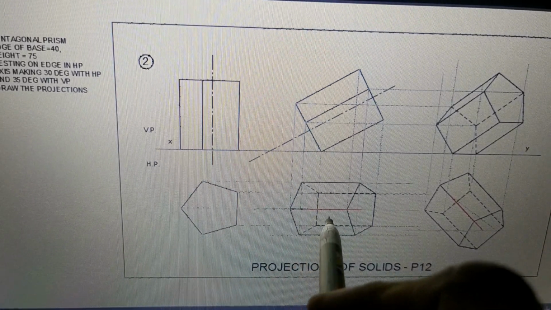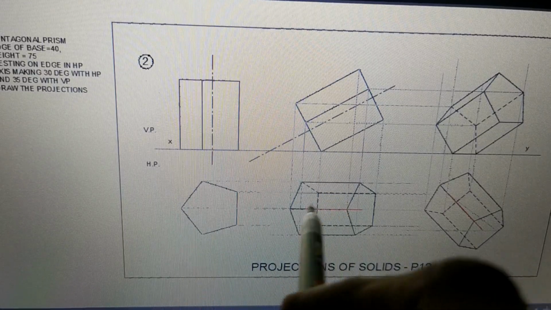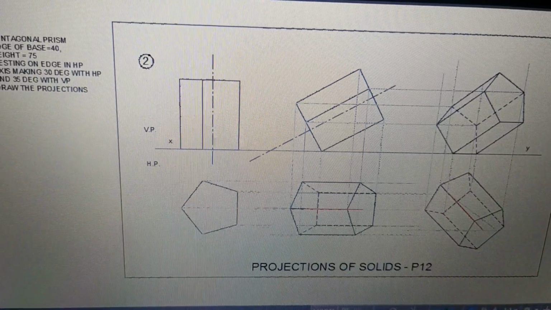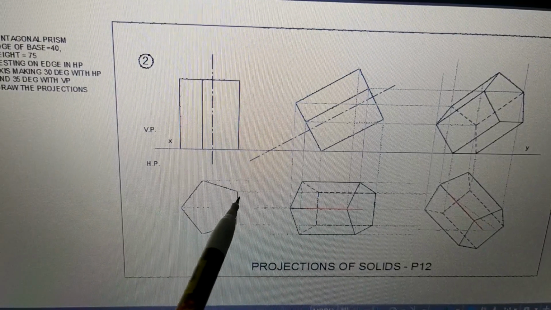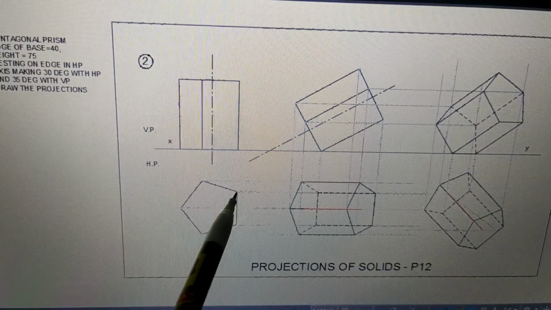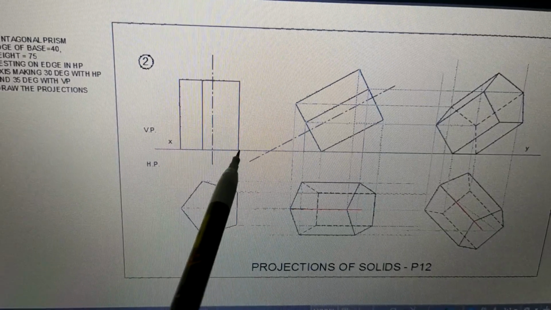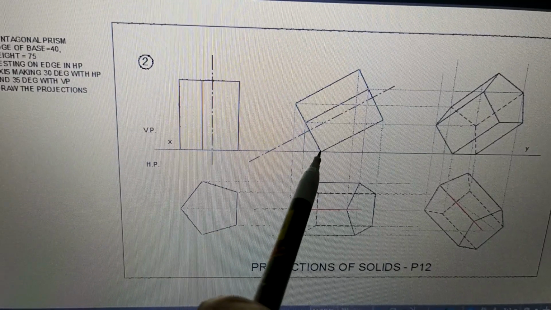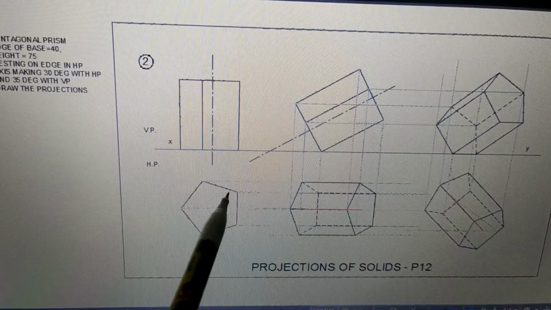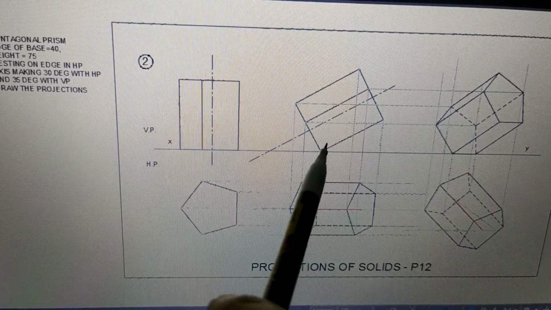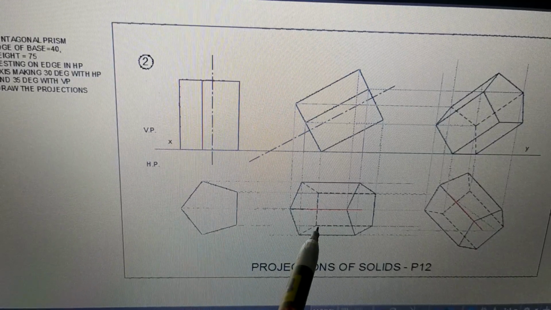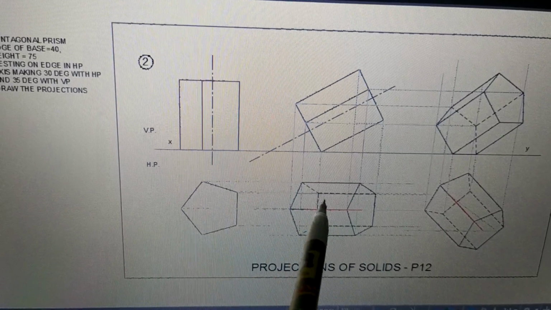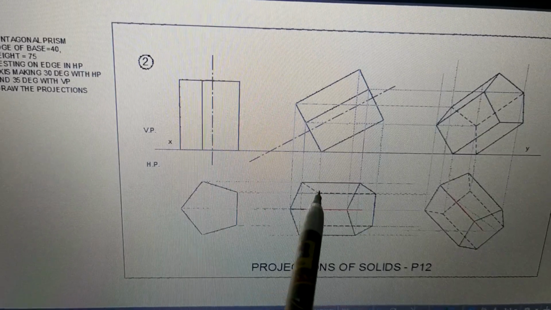Now we have to draw this view. For that you have to project the points from these two things. So according to point names, this was your A and B. So A is here, B is here. In this figure, A, B here. So point A is here. So A is projected, this is A. Similarly, B is here. So B is projected, B is here. So AB here means AB here. So edge AB is here.